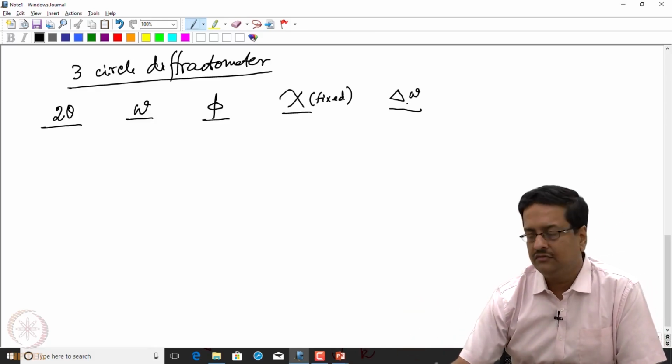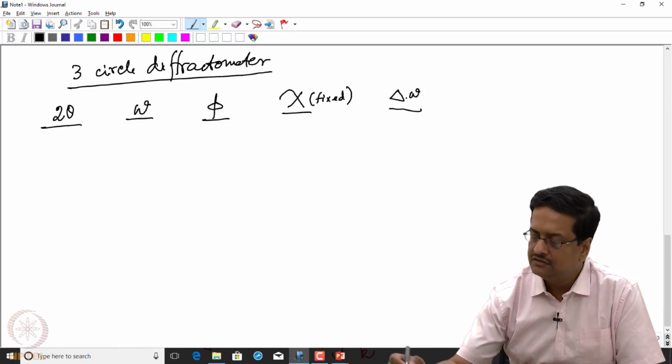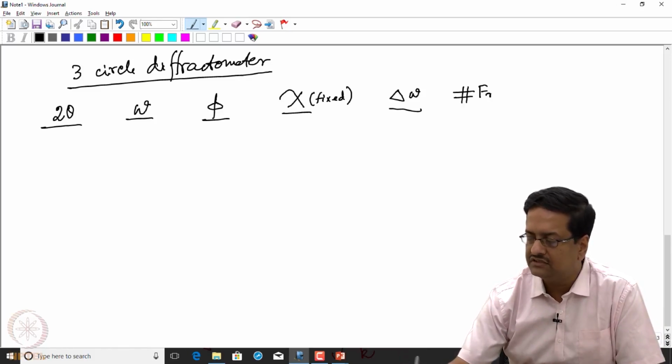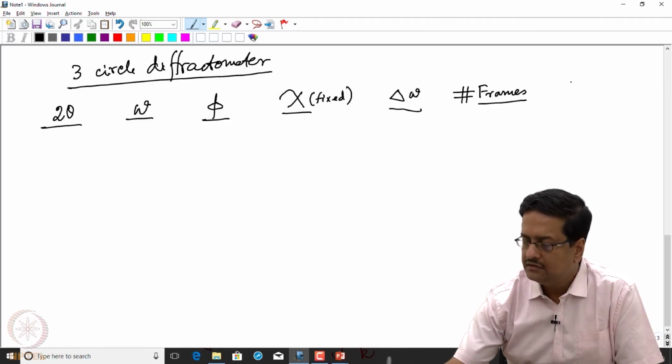So depending on the width that I am using, the number of frames is determined, and the exposure time in seconds